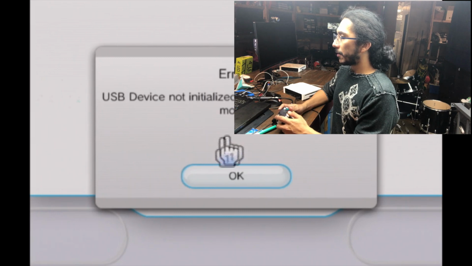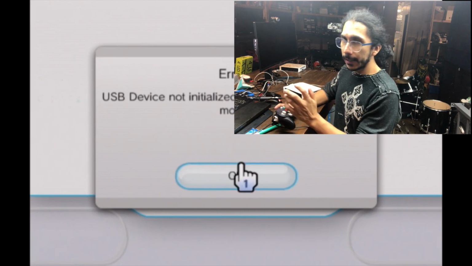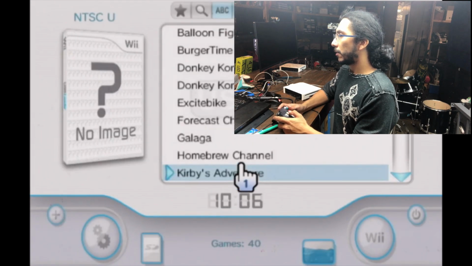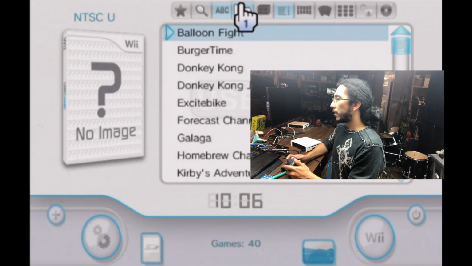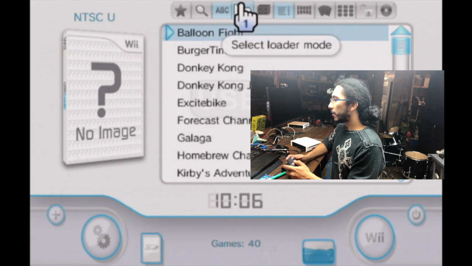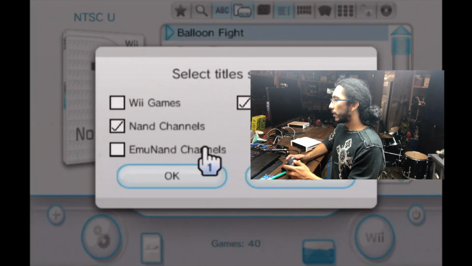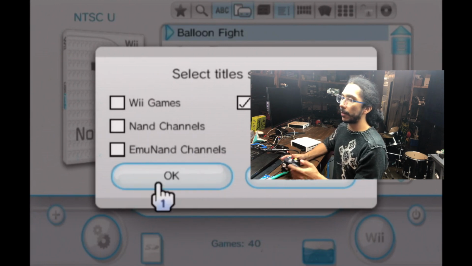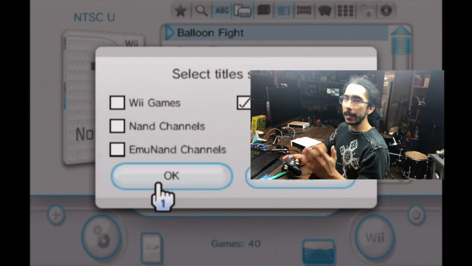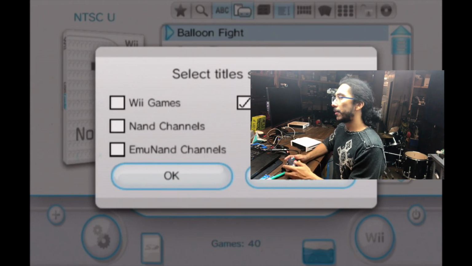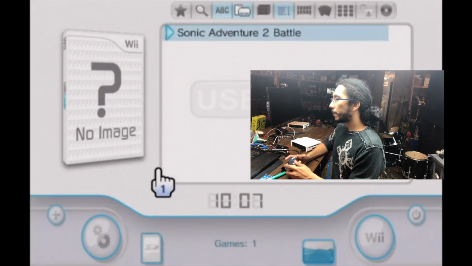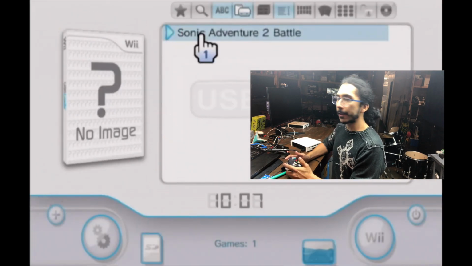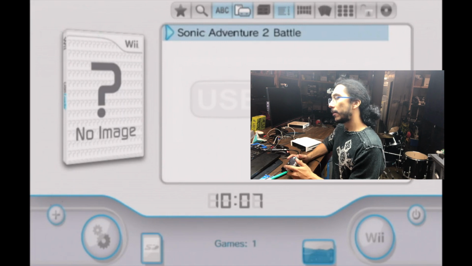So you're probably gonna get this message, USB device not initialized, again, if you don't have a USB flash drive installed. And you can see I have some games here, so what I'm gonna do is delete the NAND channels. The NAND channels are the Wii channels on the system itself, like the voting channel, the weather, and any other WADs you've installed would be on the NAND. Let me click OK. As you can see that there's Sonic Adventure 2 Battle right there,